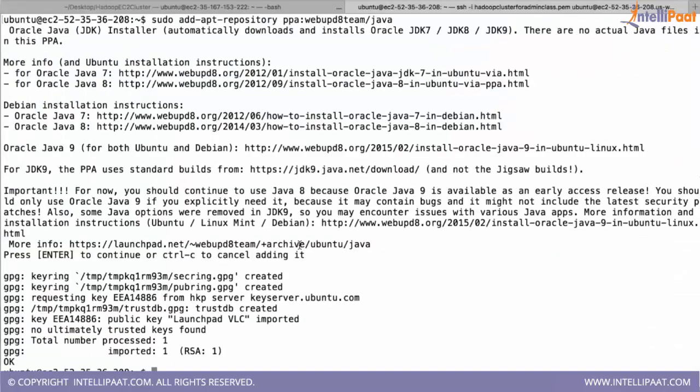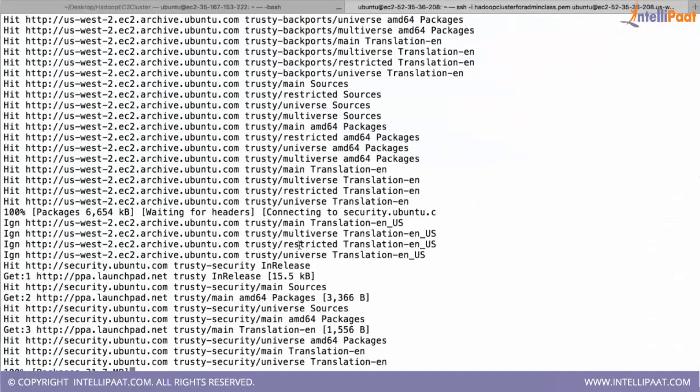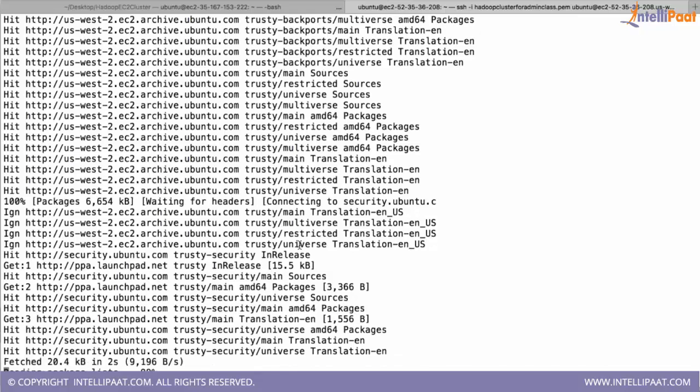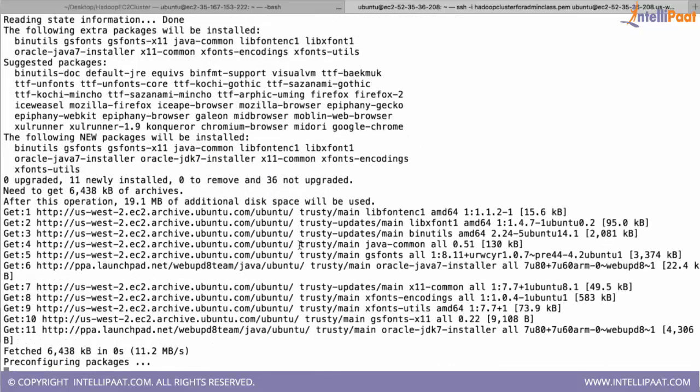If Java is not installed on any of the nodes, then your Hadoop installation will fail on that node. So make sure that your Java is there.